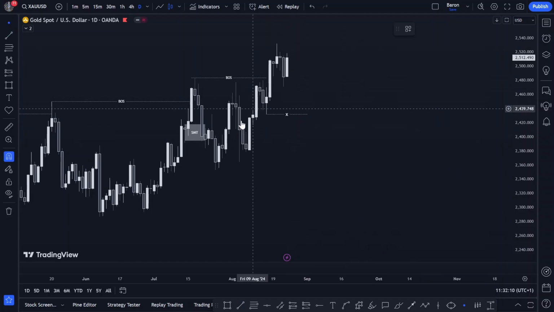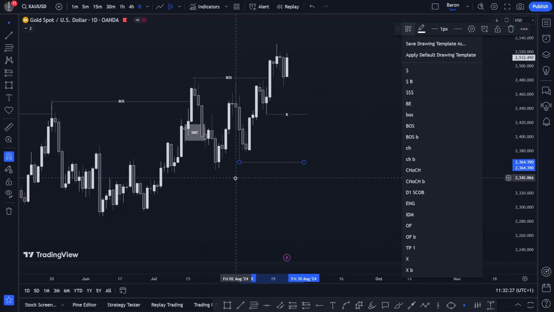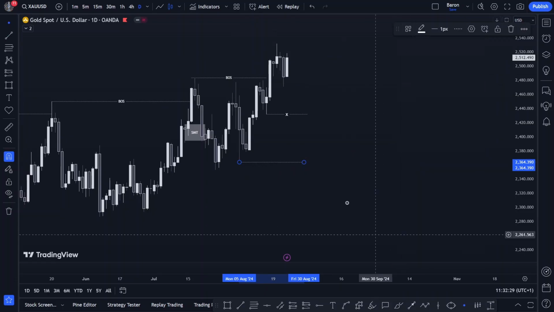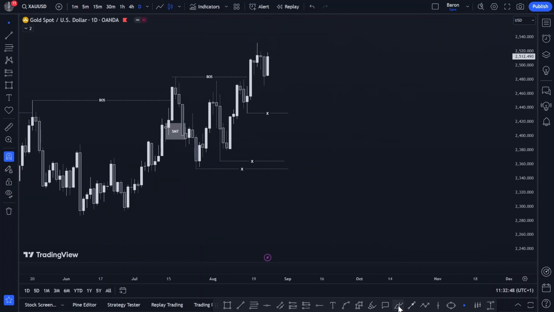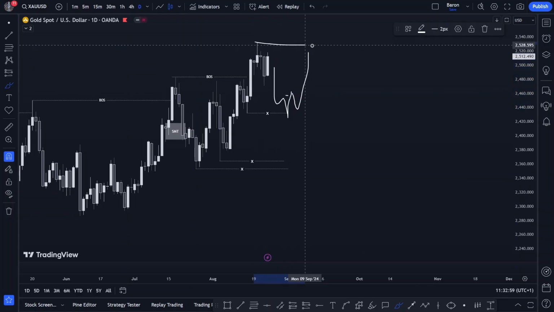This is our inducement day one, and if this inducement fell, what is our extreme order block? There is no extreme order block down below here, so we can only wait for gold to sweep the liquidity of any valid structure, like previous week low or previous monthly low, something like that. Then we can definitely take a buy based on this liquidity sweep. So we have this structure here and another structure down here. And if gold drops down to take this inducement here and gives you a reaction here, change of character in lower time frame, then you can definitely take a buy here, and your take profit will be at the next